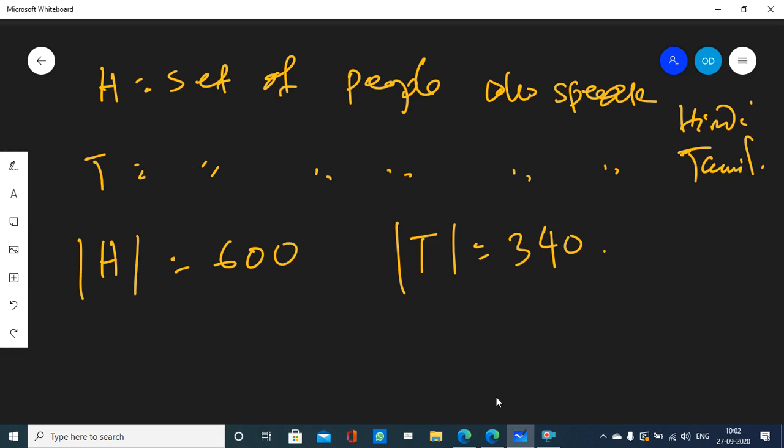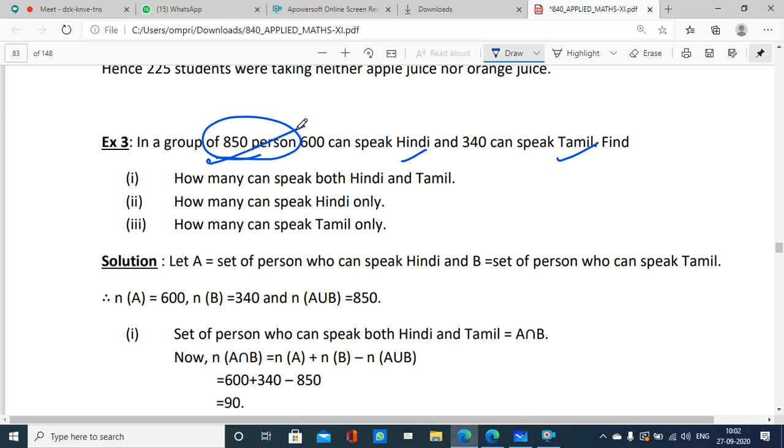Guys, listen here. It says that there are 850 people in the group. Out of those 850 people, 600 speak Hindi, 340 can speak Tamil. Question is, how many speak both Hindi and Tamil? How many speak Hindi only? How many speak Tamil only? So nowhere there is any indication